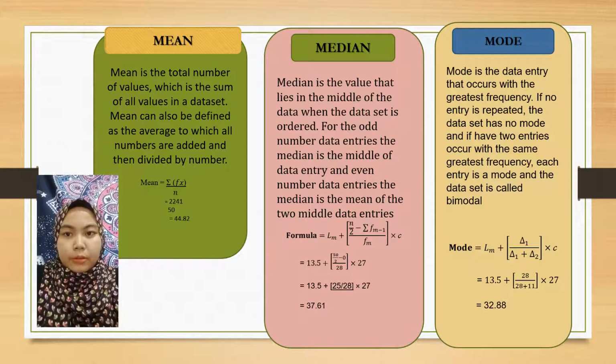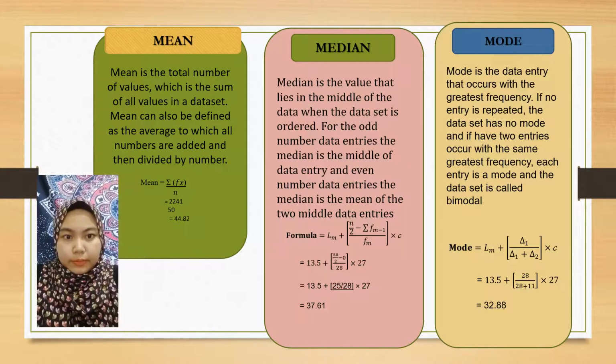Mean for household income is 44.82. And next, median. Median is the value that lies in the middle of the data when the data set is ordered. For an odd number of data entries, the median is the middle data entry, and for an even number of data entries, the median is the mean of the two middle data entries. Median of household income is